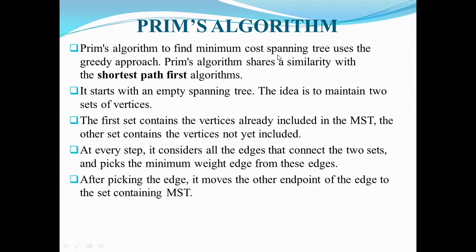At each step, we must compare the edges which are formed between the set of vertices in the tree and the set of vertices in the graph which are not yet included in the tree. Once you select all those edges, select the minimum cost edge and include that particular edge into the spanning tree. So this is the idea. The idea behind constructing a spanning tree using Prim's algorithm is that every time you select the edges formed between the vertices already included in the spanning tree and the vertices in the graph which are not yet considered in the tree.